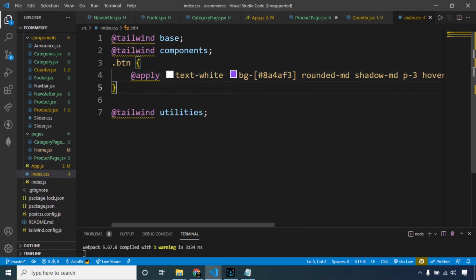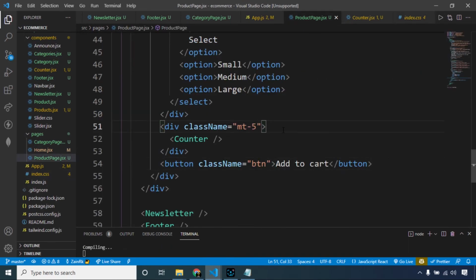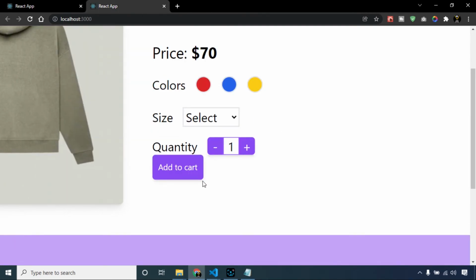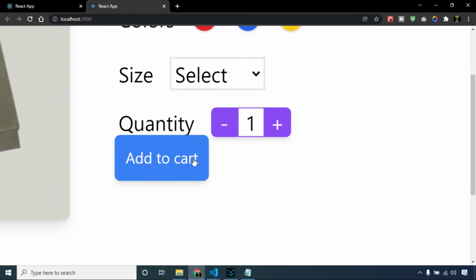Here this is our button class and it is available to all the files. So just save this and see the results. Okay, now we can see we have our add to cart button imported successfully.